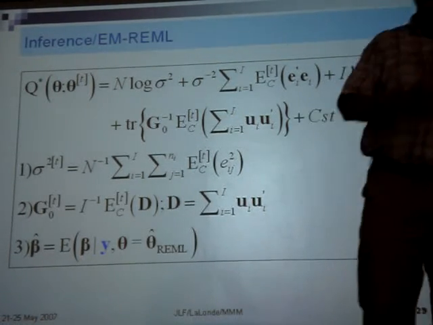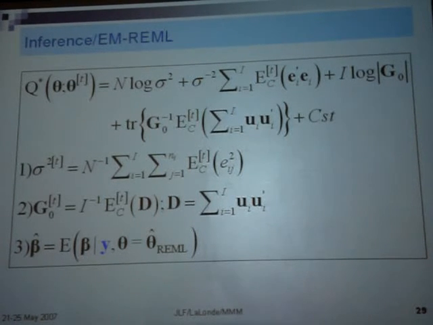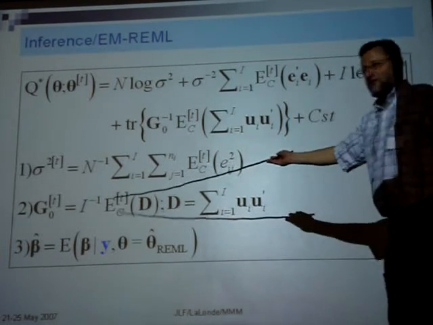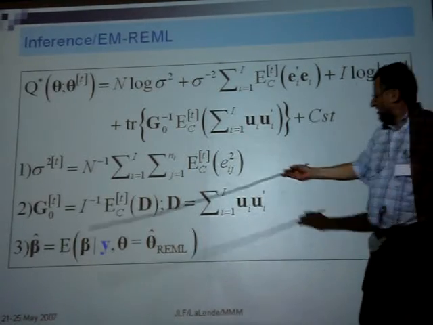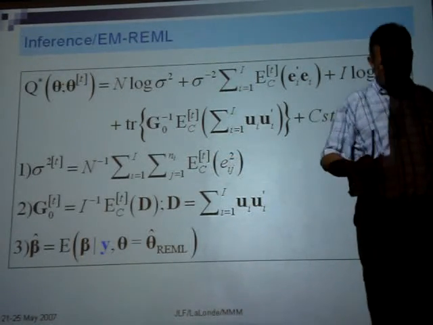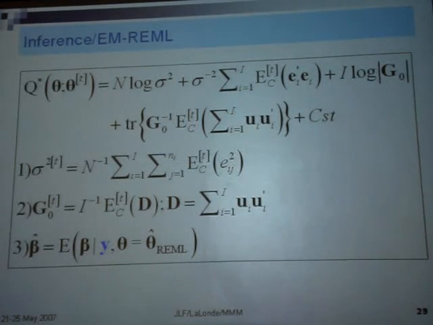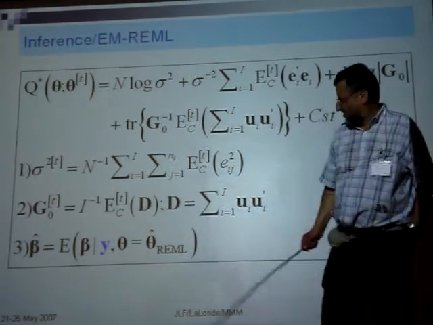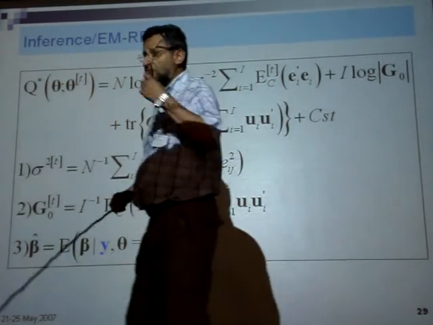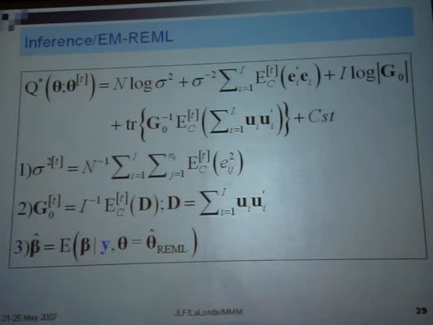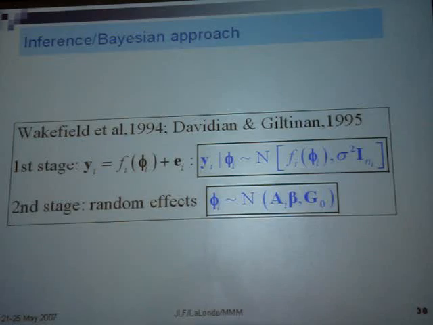And we have seen, you will see that in the paper, that we can remove a large amount of bias with respect to the ML estimation of G0. Because for sigma squared, like in the linear mixed model, there is not so much bias as long as you have enough observations. But here, maybe some large bias. So we can do ML, also we can do Raymond. It's not yet implemented in monoliths. Because surprisingly, it seems that some of the statisticians don't know Raymond, or those who know it don't really see the interest of Raymond. So very funny. Now last, but not least,